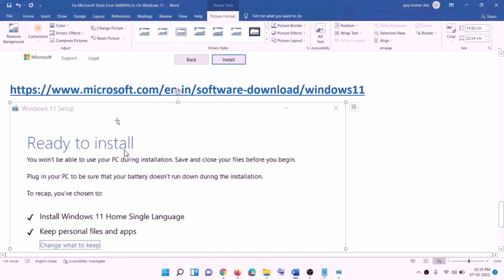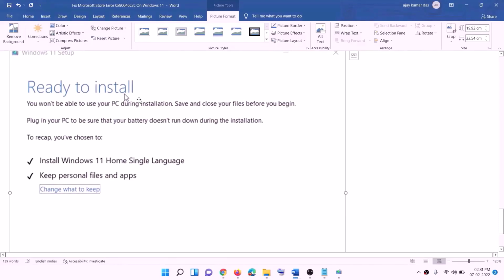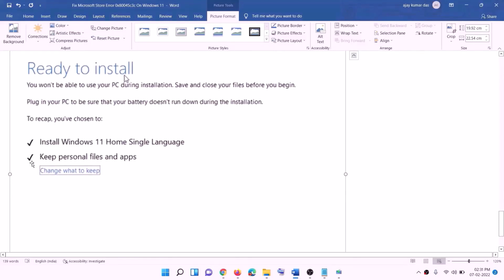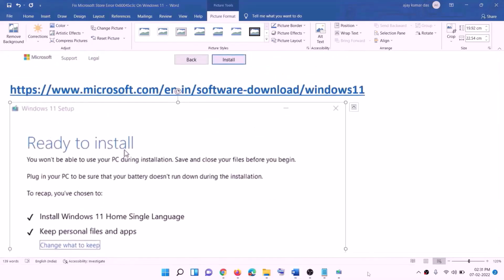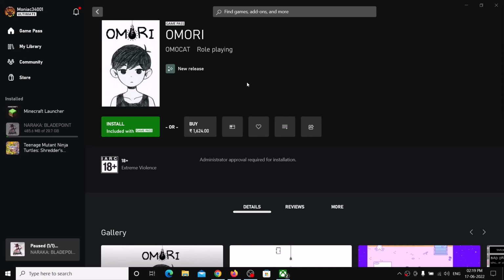Now before the installation, you will see the screen which says ready to install, and by default the option to keep personal files and apps would be checked. When this is checked, you will not lose any data on the computer. Click on install. After the installation, log into your computer. So one of the steps should help you to